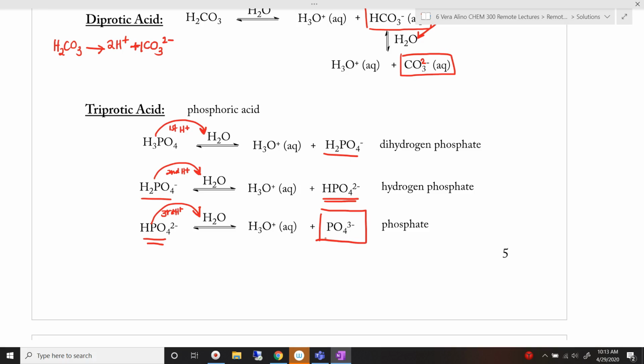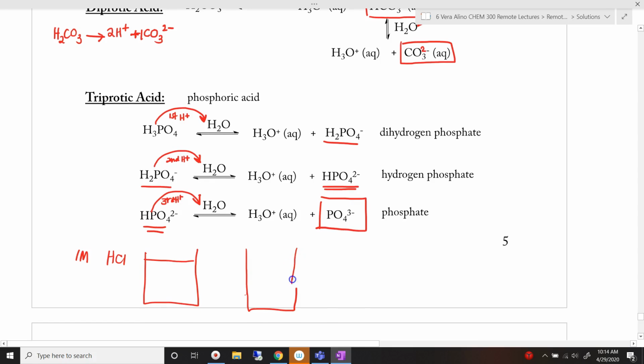So here's a follow-up question for you. Say, for instance, I have 1 molar solution of HCl in one beaker, and in another beaker having the same volume, and let's just say for the purpose of example, this is a 1 liter solution. Both are 1 liter solutions. I also have another acid whose concentration is the same. So it's also 1 molar